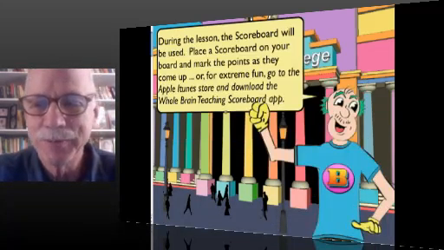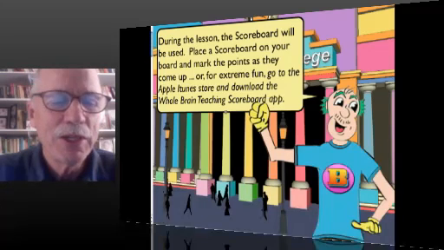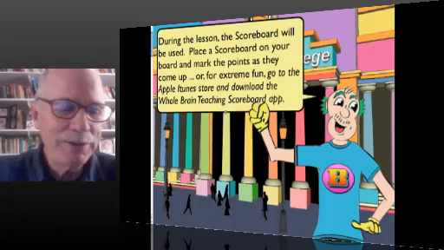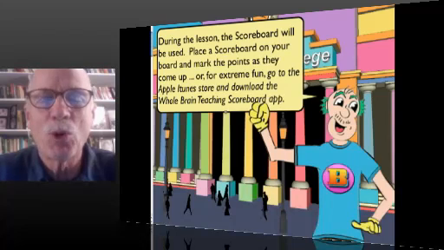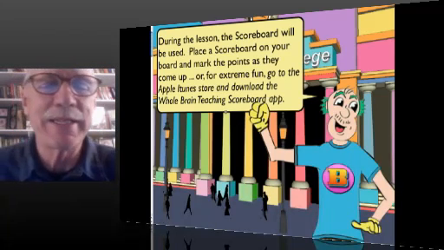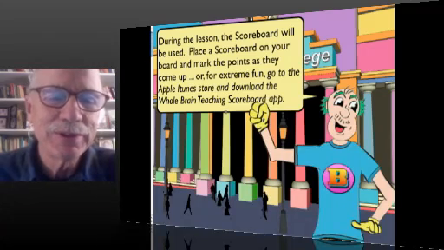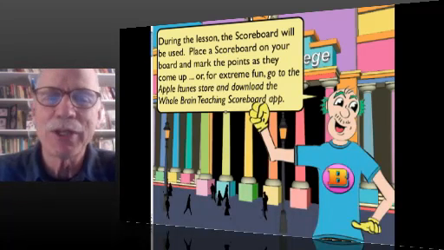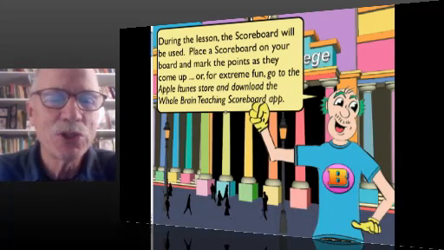Let's press forward. If you don't have one, you can certainly get a scoreboard app. Scoreboard apps are available at iTunes, and it's an electronic gizmo that allows you to keep track of your students' score.